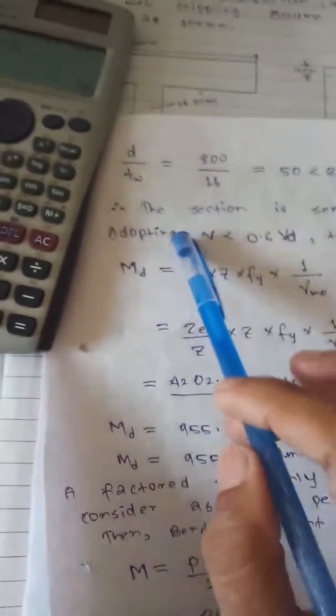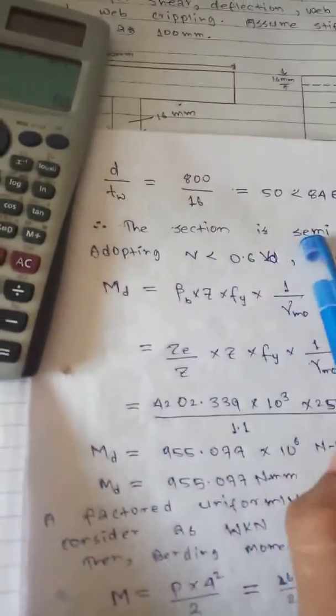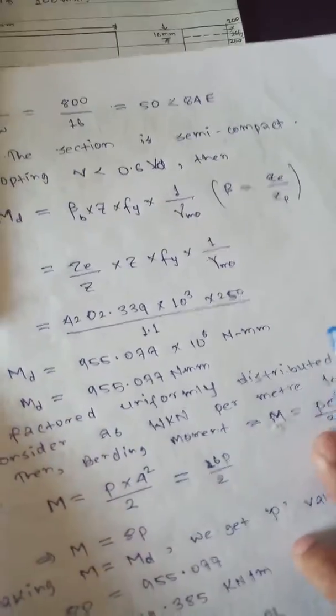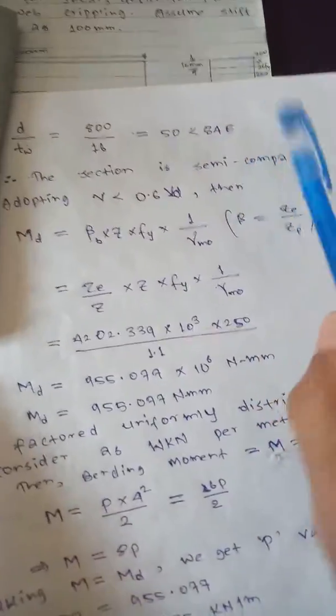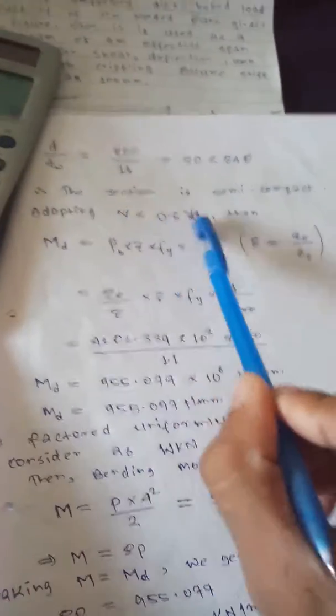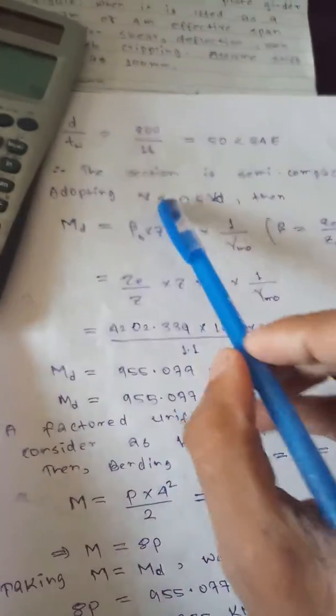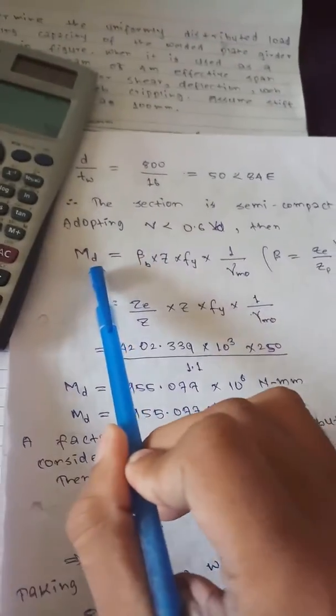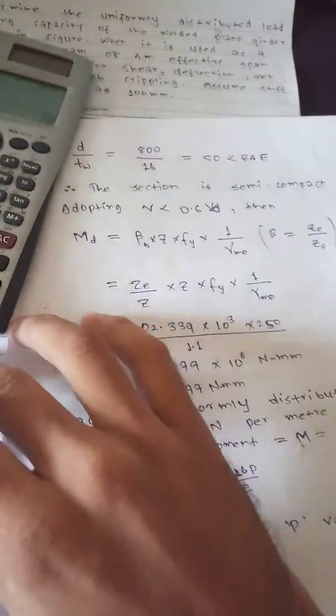So now what we can do is compare both, and we can say that the section is semi-compact, not fully compact. Now adopting V is less than 0.6 V_d, here we are comparing V is less than 0.6 V_d. Then M_d is what? M_d is